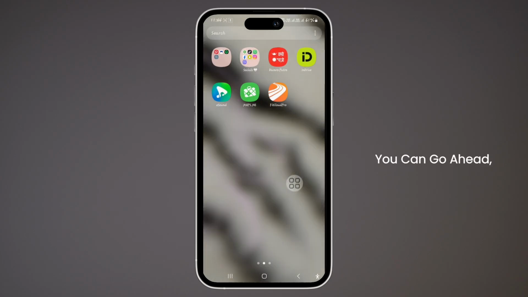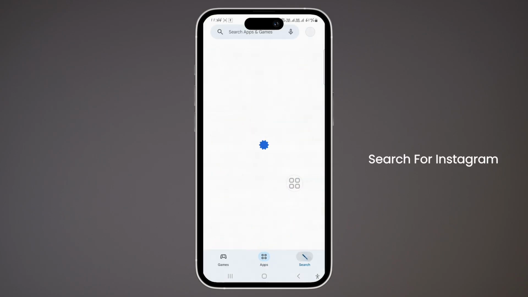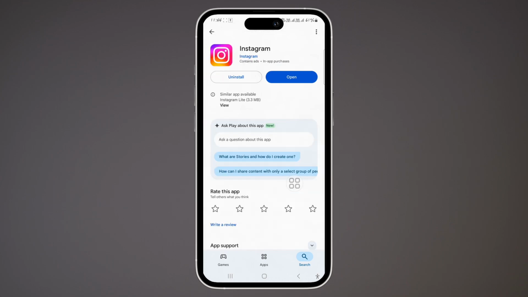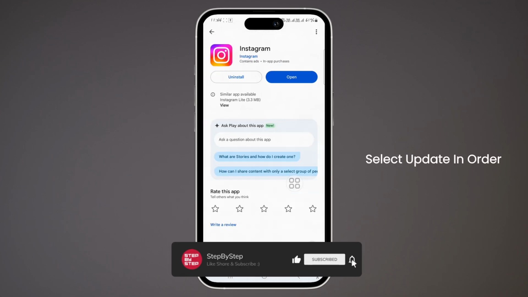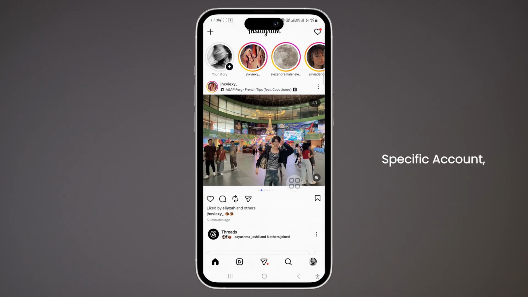But before that, you can go ahead, open your Play Store or App Store according to your device, search for the Instagram application, then go ahead and open it. And if you see an update button instead of open, select update in order to update it to its latest and newest version available. After that, open Instagram, log into your specific account, tap on your profile picture icon from